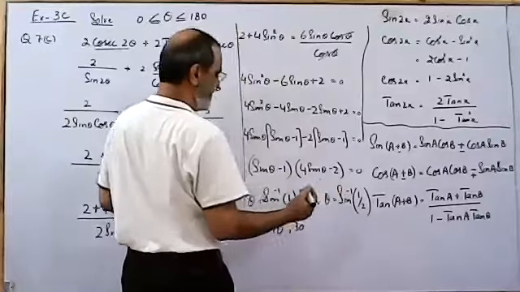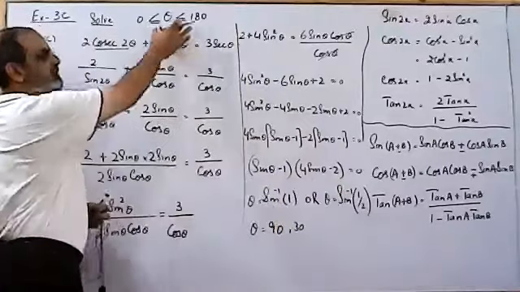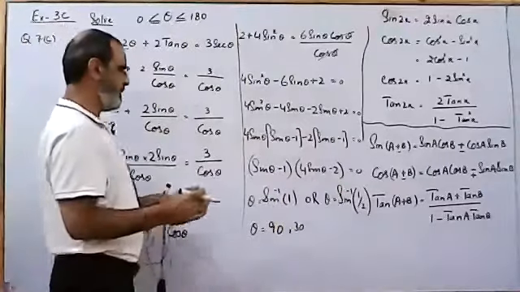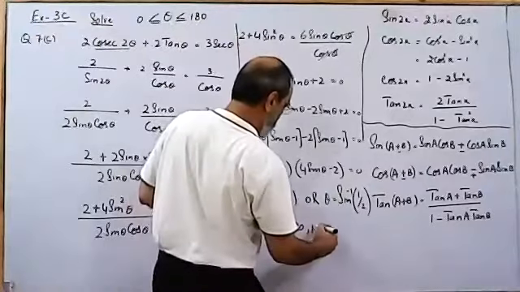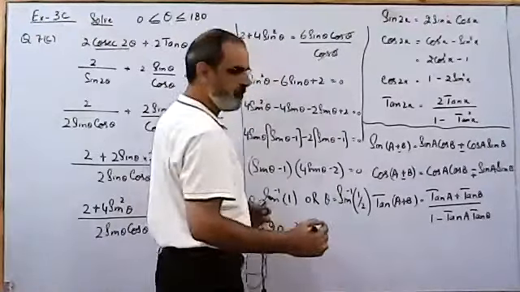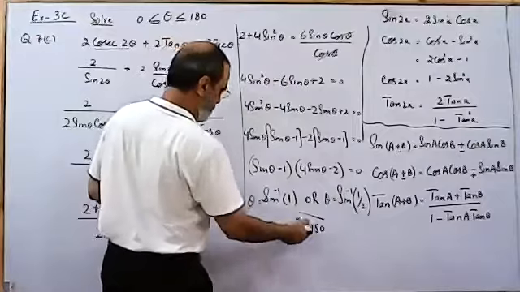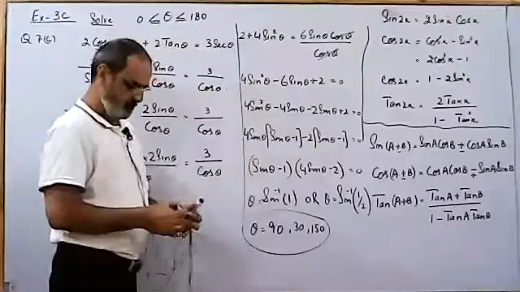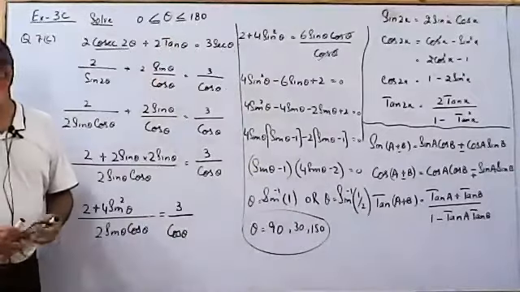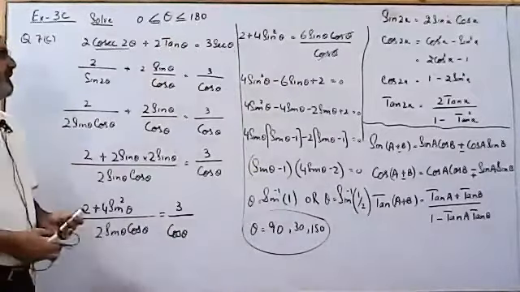30 degrees is in the first quadrant, and we have space for the second quadrant as well. So in the second quadrant it will be 150 degrees if we subtract 30 from 180. So this is your solution. You are already familiar with this technique. You have done it in P1 as well.